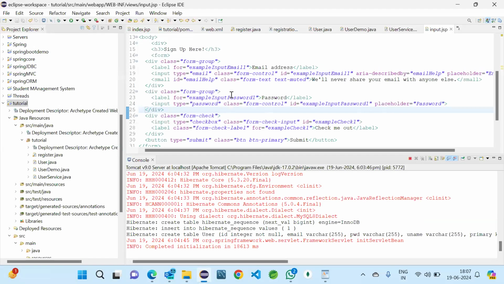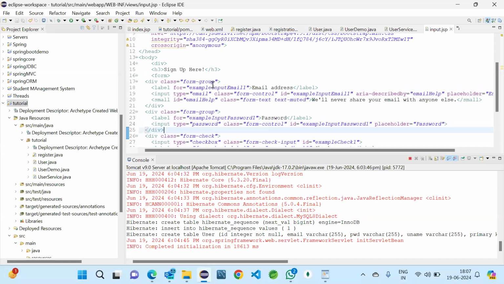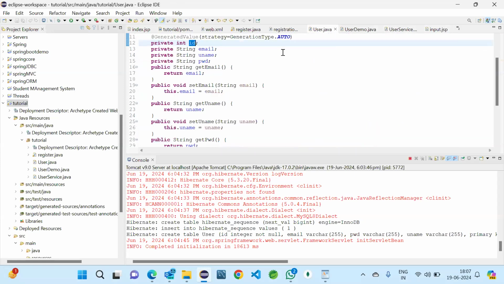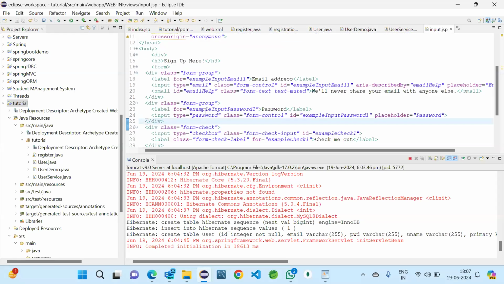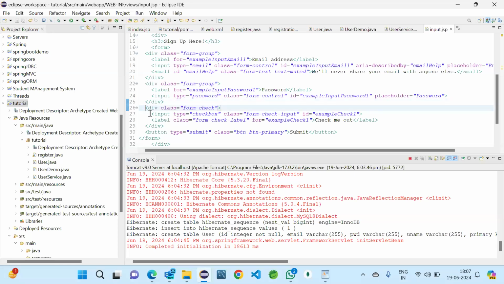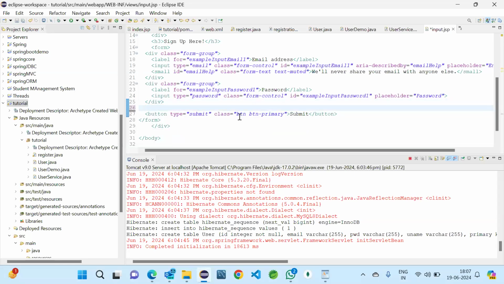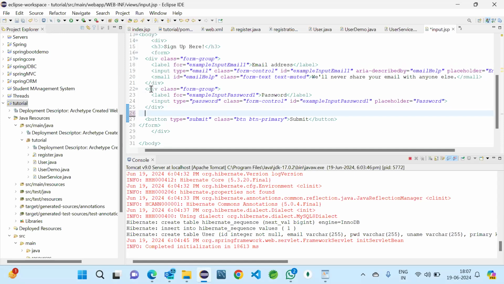What we are going to take is, first, email. So email is there, no need to disturb that. And next one, username, and next one you can see the fields here. One is email, one is username, and one is password. So in the form also we need to give all the three. Email, password also here, and this checkbox is not required for us. Submit is necessary anyways, and one more field, that is